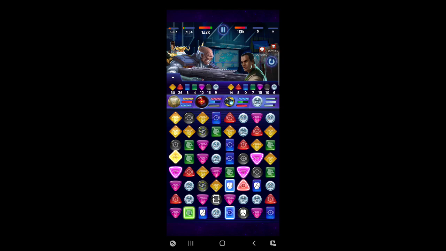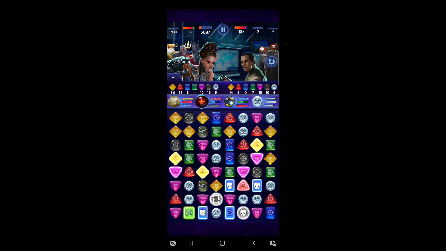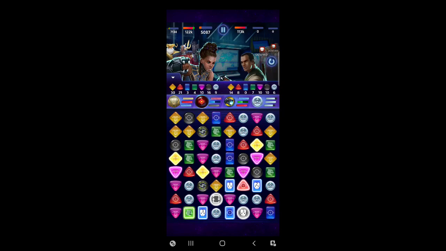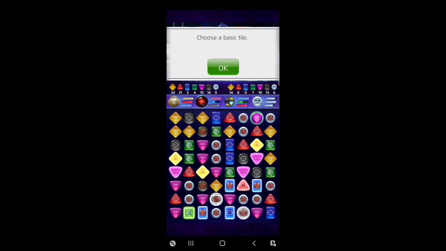I have more than enough fortified tiles still out there. There's no reason why I shouldn't do more of this. Like, do that, fortify some stuff, and then start lowering his purple, black, and blue. So if we do a purple...